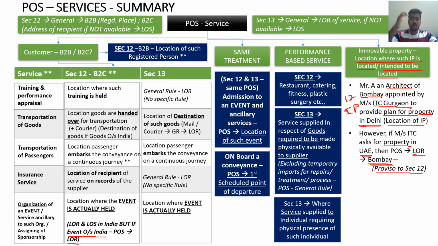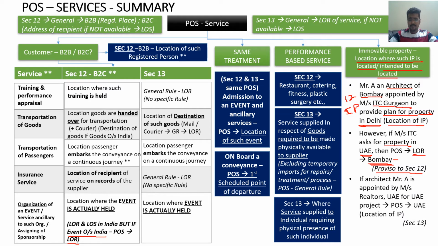I mean not UAE, right? However, let's say the same Mr. Architect A of Bombay is appointed by Mrs. Realtors UAE. This is a party in UAE for a project in UAE, right? So similarly, like in the previous example, he is going to give a plan for a property in UAE, but who is appointing him? Not a person or a party in India, not Mrs. ITC of Gurgaon. He is appointed by Mrs. Realtors of UAE. A party outside India is giving him a project to give a plan for a property